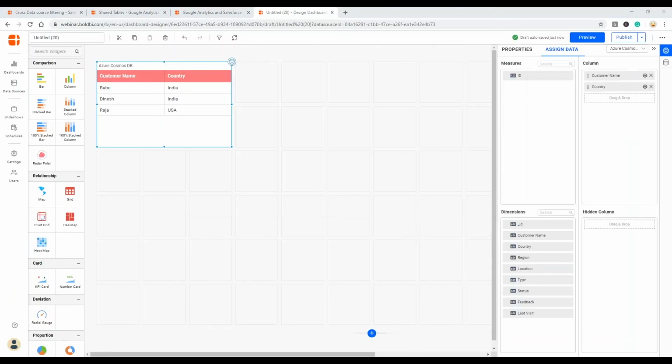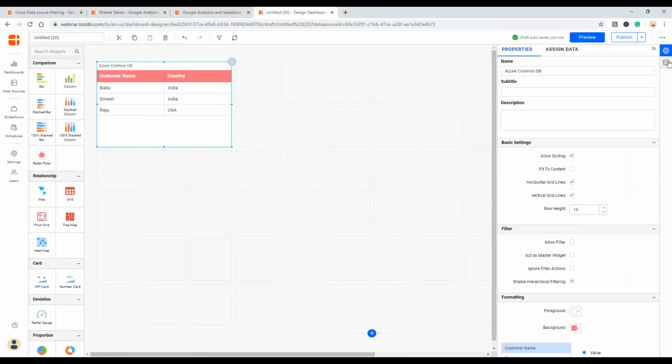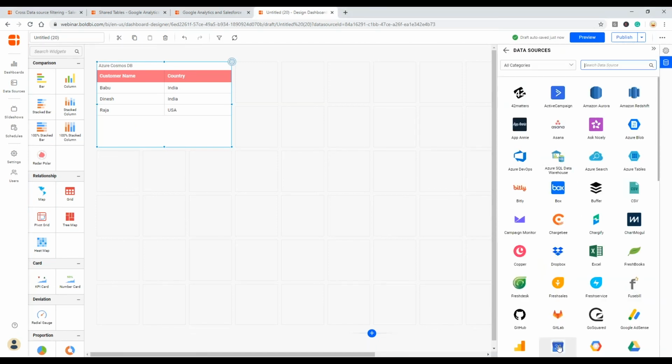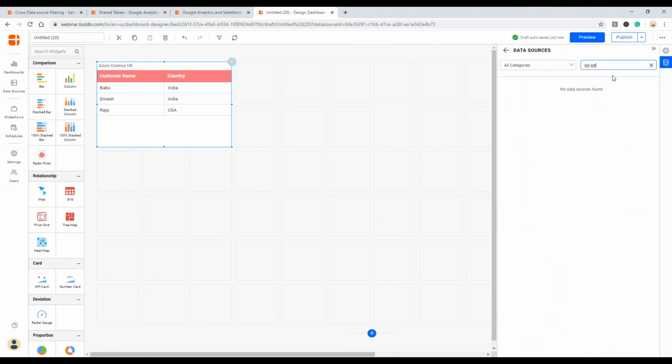Okay, I'll take it back and proceed to that. Next, let me create a new data source to connect SQL Warehouse.